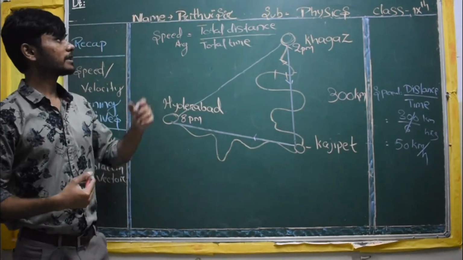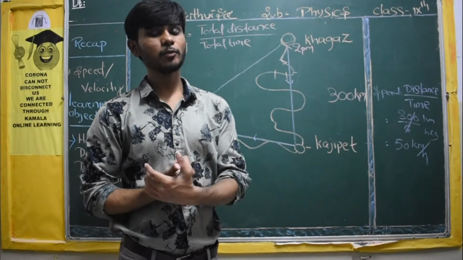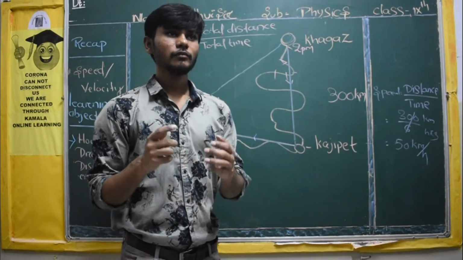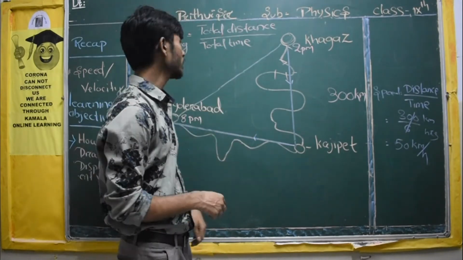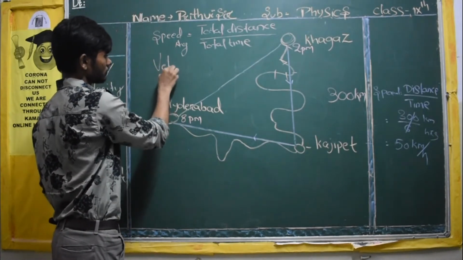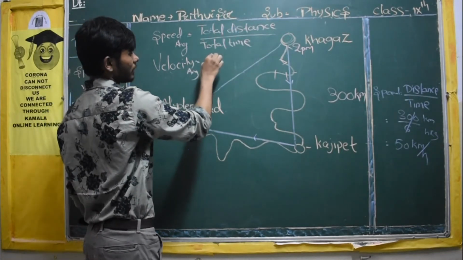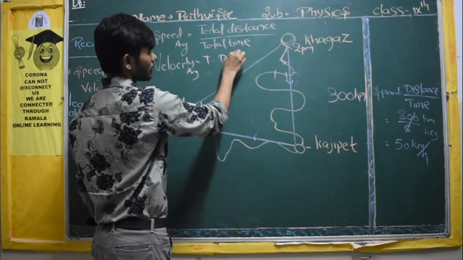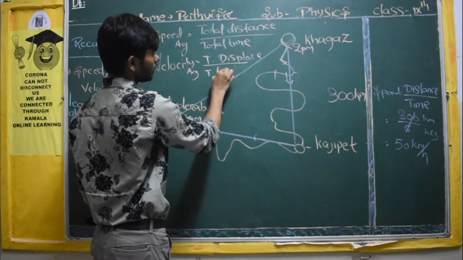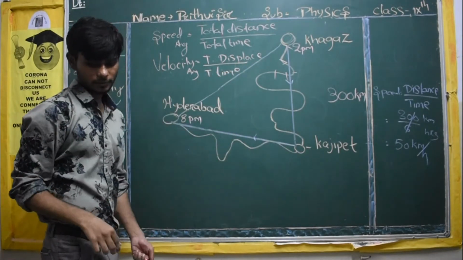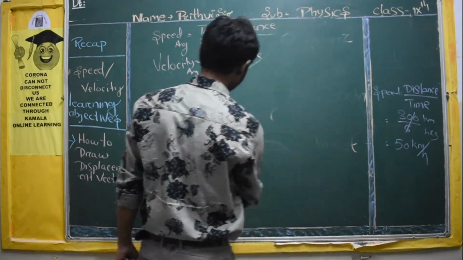Right? So this will be our average speed. Then what is average velocity? The way I spoke last class, velocity is nothing but displacement by time, and speed is nothing but distance by time. So here your average velocity, in place of total I write T, displacement by T, time taken. I hope you all got it. This is the formula which I want to say to you.